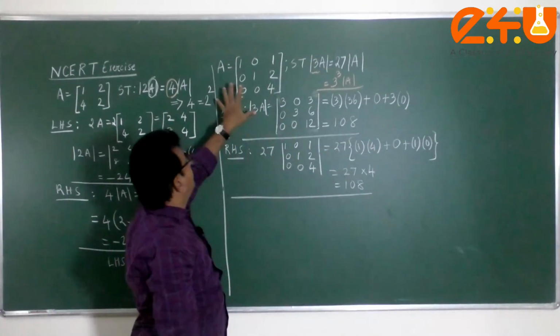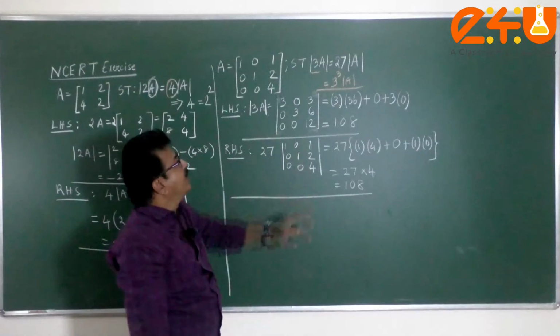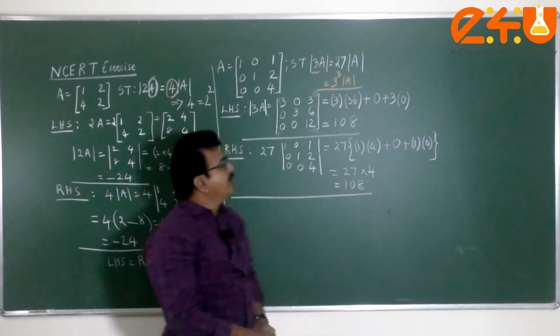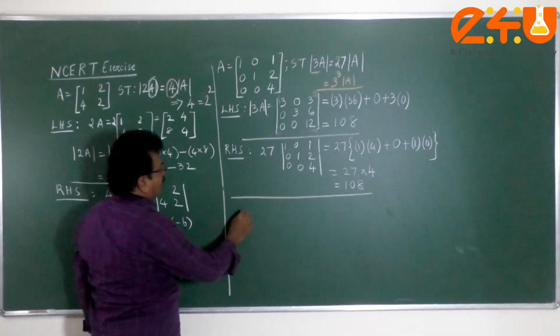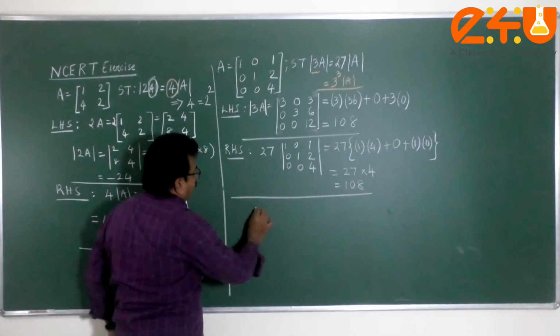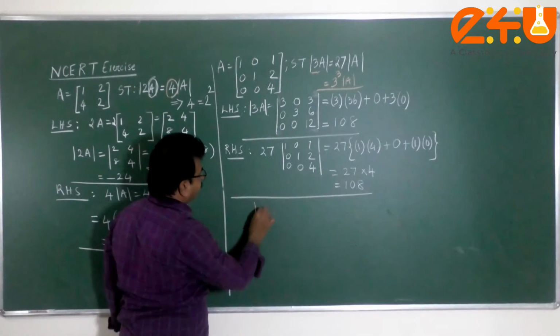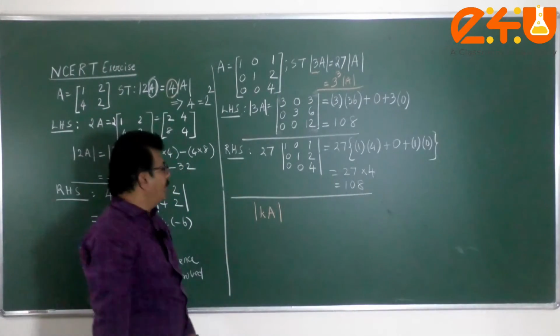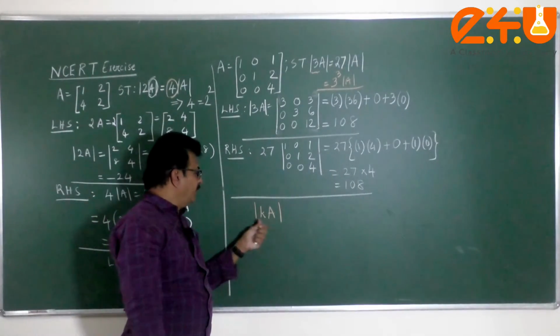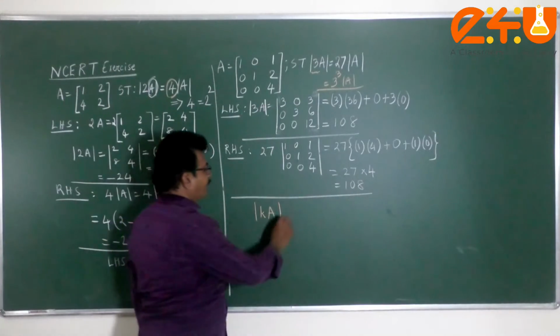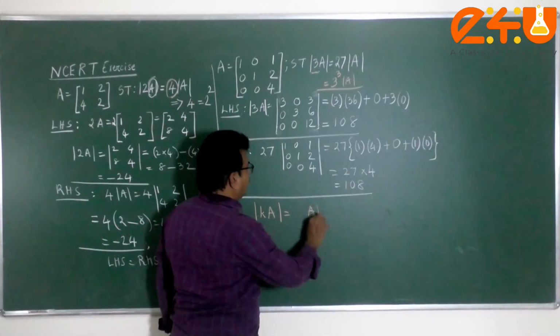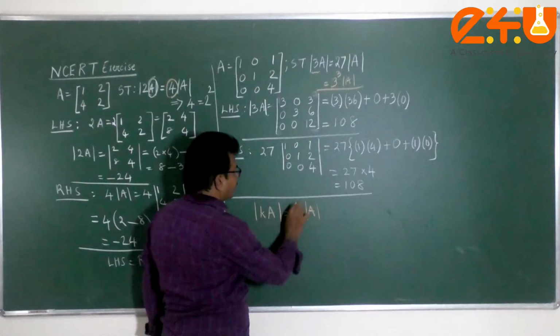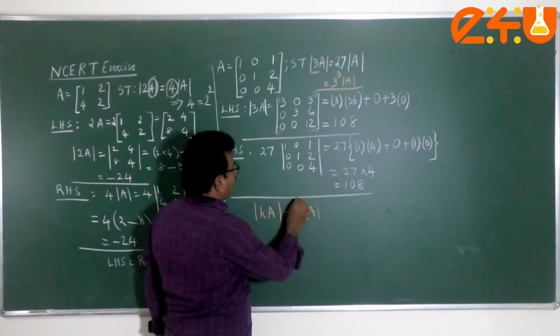The order is 3 because it's a 3 by 3 matrix. So from these two, as a conjecture, we are able to arrive at this: when we multiply a matrix A with a scalar multiplier k, determinant A gets multiplied with the same scalar raised to power n,